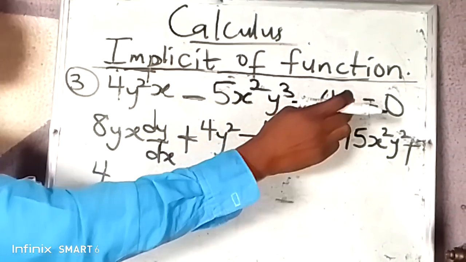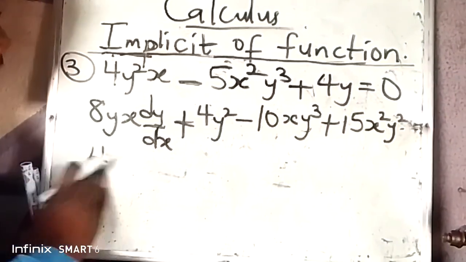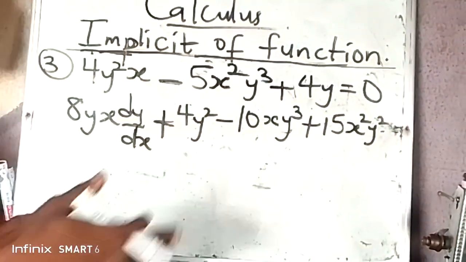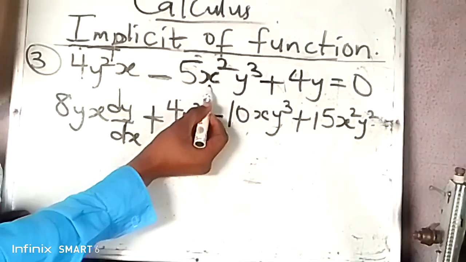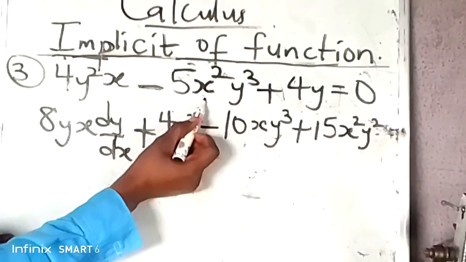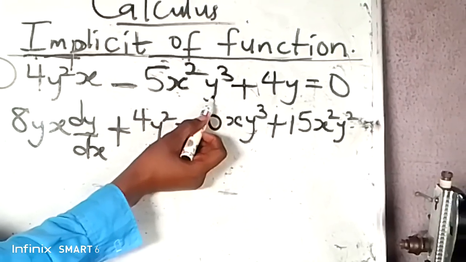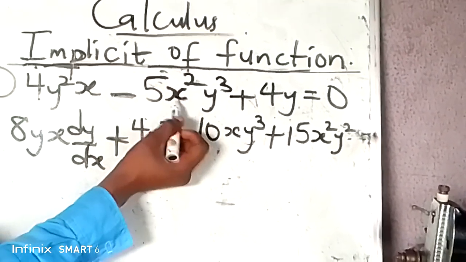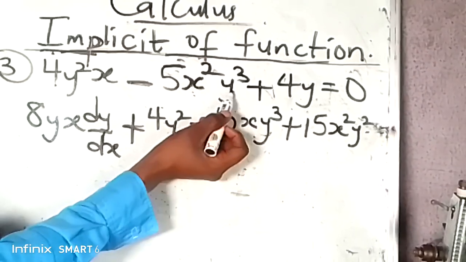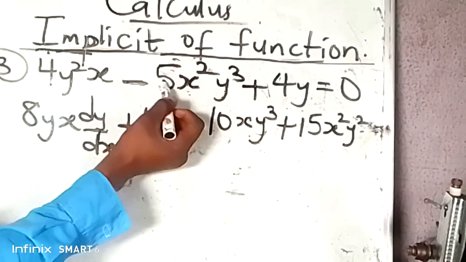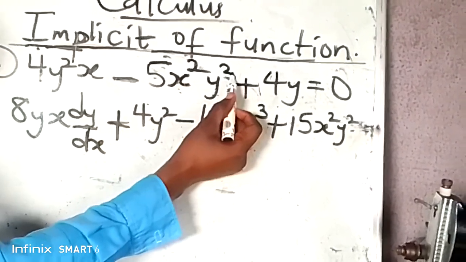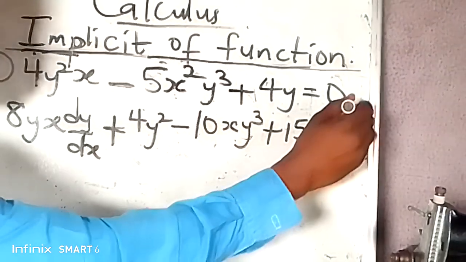Because I differentiate for y. Now let me quickly say this again because I have to extend it to write it here. Now if I differentiate for x here, the x here is 10xy cubed. That's what I have here. I will not write dy/dx because it is x. Now when I differentiate for y here, it's going to be 15x squared y squared, because I'm going to remove 1. So this one, we are going to write the dy/dx here